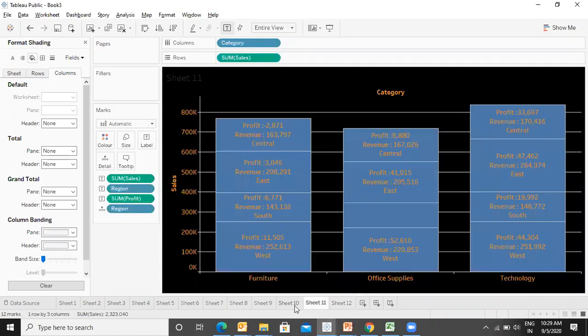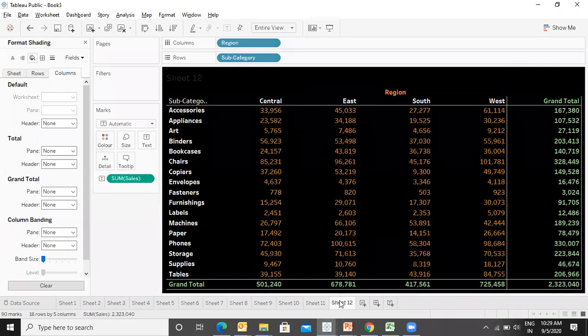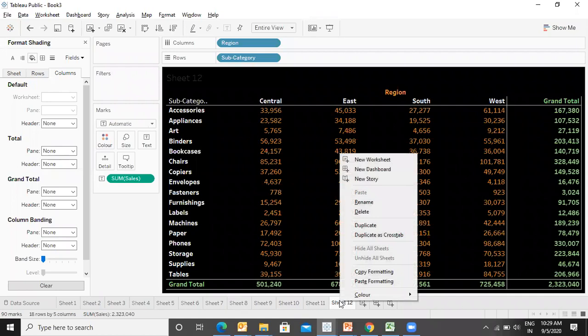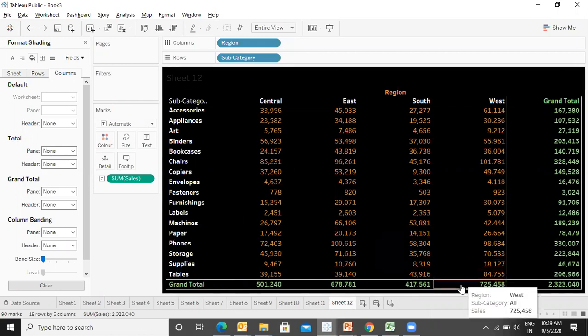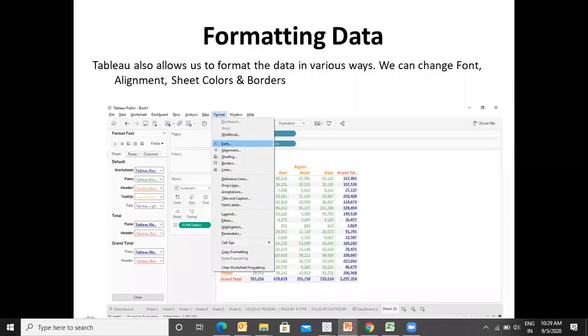And this is doing the formatting to the various sheets. Do whatever formatting you want to do on one sheet and then take it to the other sheets as well, so that it will give a better look when you are working on dashboards. All the charts which you are displaying on the dashboard will have the same format. Clear? Yes, sir.